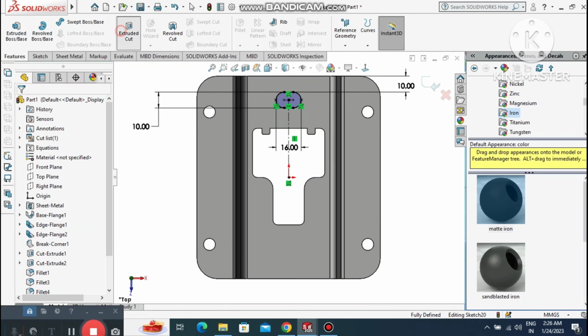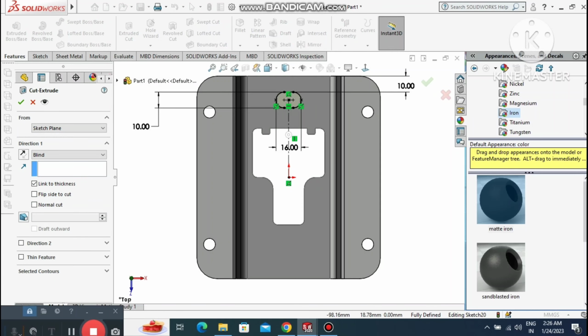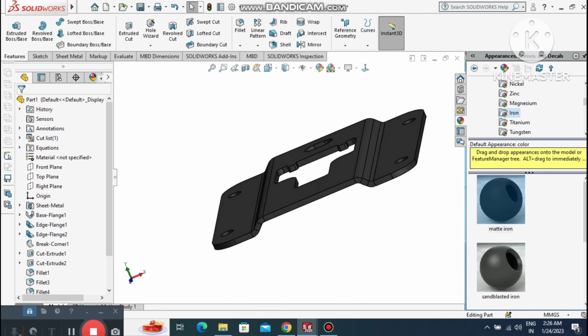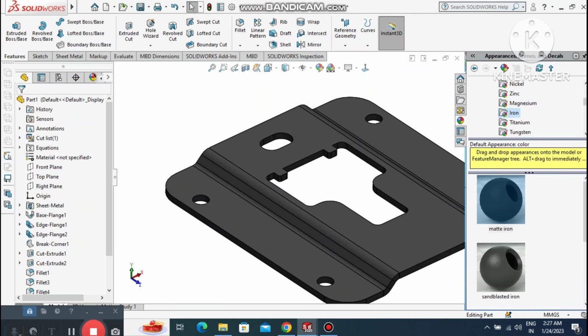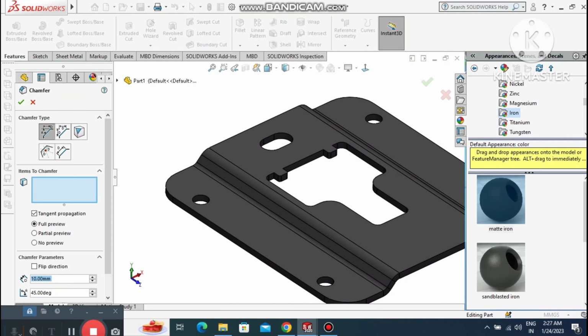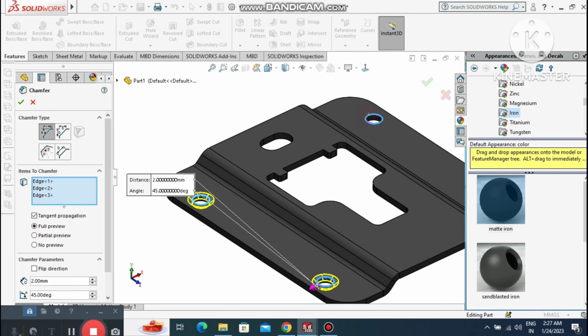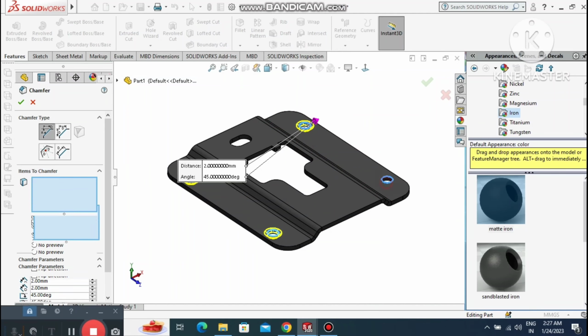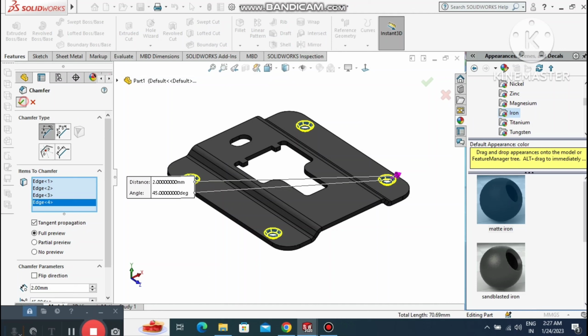Okay, now it's time to extrude this sketch. So go to the extrude command and make the extruded cut link to thickness. So we just cut out this sketch body. Okay, now here it's time to apply the chamfer to this circular edge. So here we just need to make the chamfer 2 mm at 45 degree. So we just apply the chamfer. Okay,